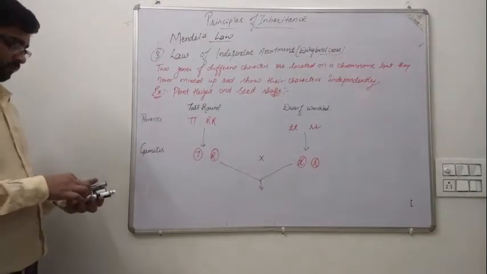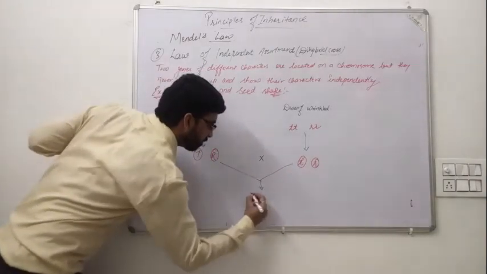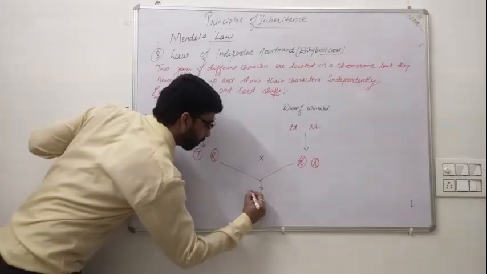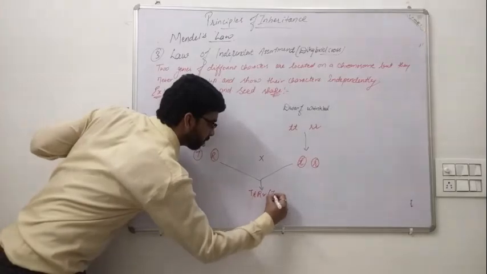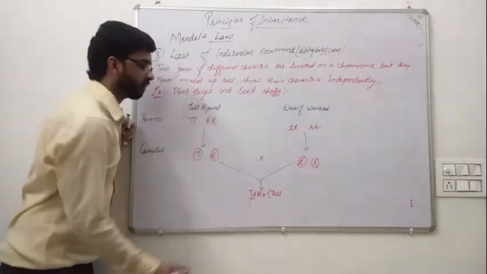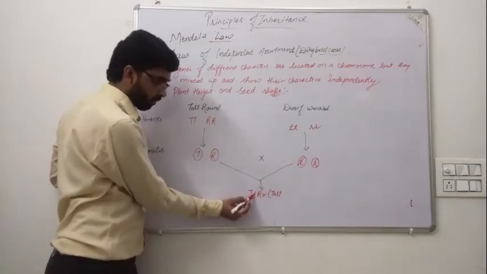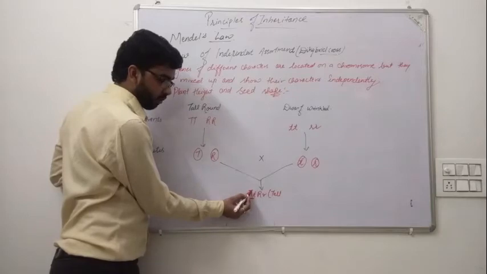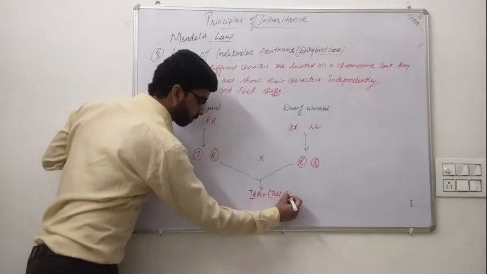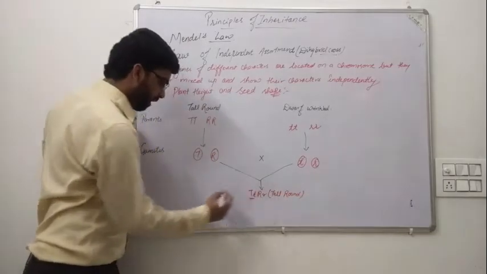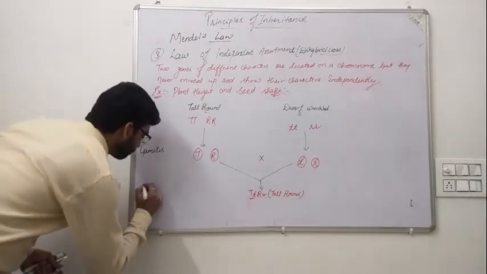Here, for the F1 progeny, capital T, small t, capital R, small r. Capital T, small t represents a tall character, because here capital T is a dominant character and small t is a recessive character according to the law of dominance. Which one expresses its character is called dominant. So capital T expresses its character, so it's dominant, and here capital R means round. All characters of the F1 generation are tall and round, 100%.